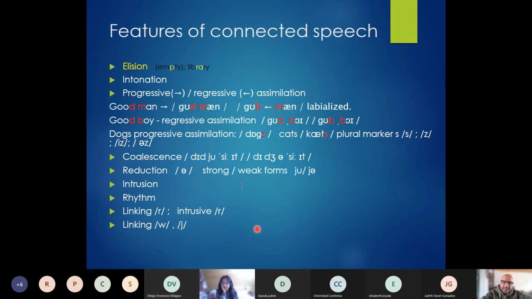Now, what about rhythm? Before we finish this session, we're going to end with rhythm. What do you know about rhythm? What's a particular thing that you remember? What do you think when you think about rhythm? What comes to your mind? Is it connected with music? It has to. Go ahead, please.